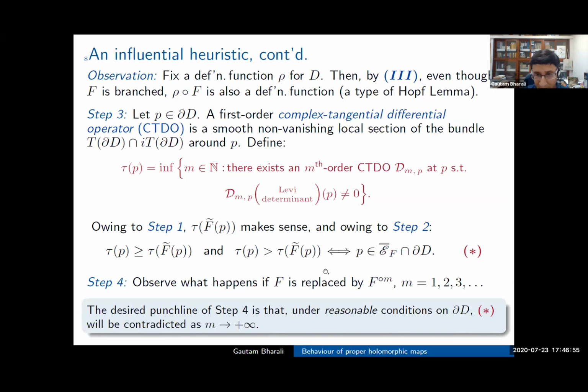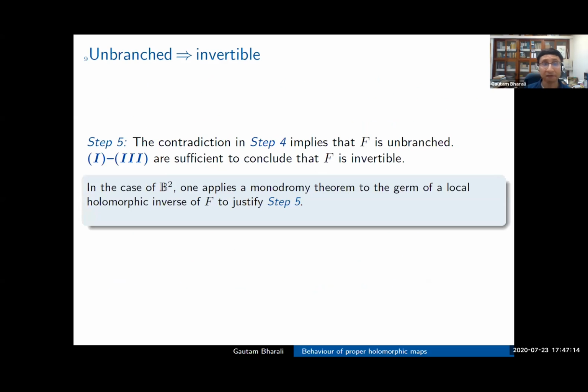What does that mean? For a contradiction to arise at all, I am assuming that the substance of the statement holds true, which means that my map is branched. So a contradiction will reveal that f is unbranched, which will not really deliver the result that you want. It will simply have proved